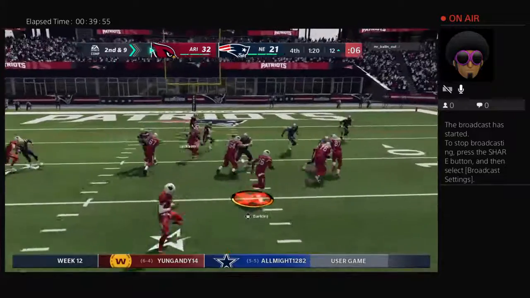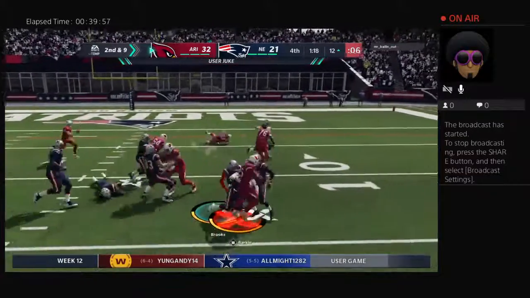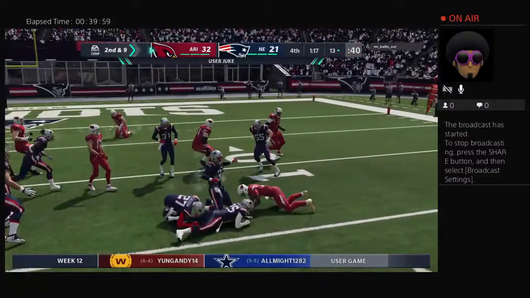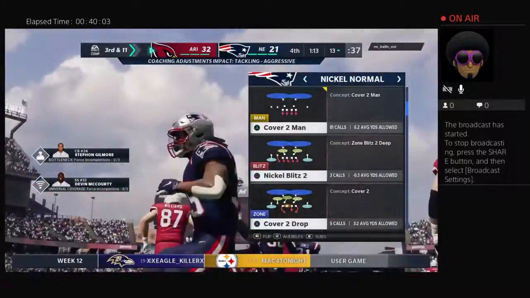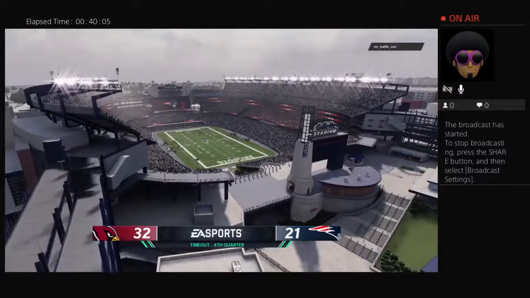So 2nd and 9, and you'd have to figure just about all 11 probably crashing the line here. Slipped one tackle, but no more as he's knocked to the deck behind the line of scrimmage. Now the Patriots going to use